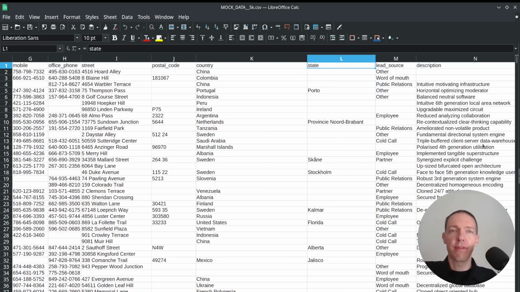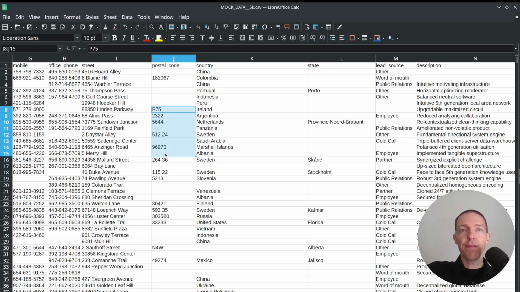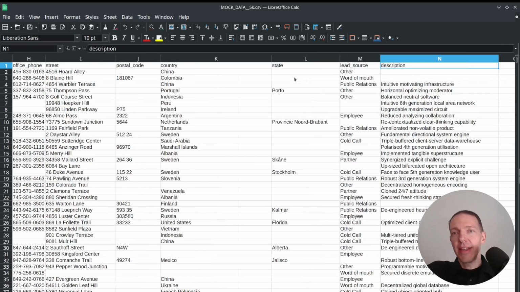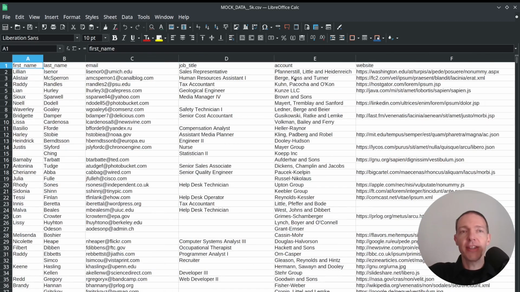If you receive data from somewhere, you need to open it first in Excel, or LibreOffice, better, or whatever, and then make sure, for instance, with the postal code. It could be that there's a postal code starting with a 0, so make sure that you switch the postal code to a text field. And then overall, try to make sure that your data is as clean as possible before you import, because here you still have the advantage of seeing data patterns